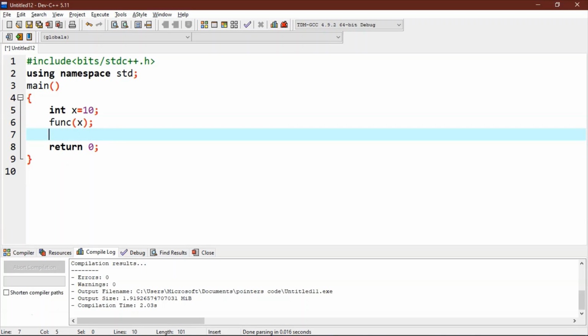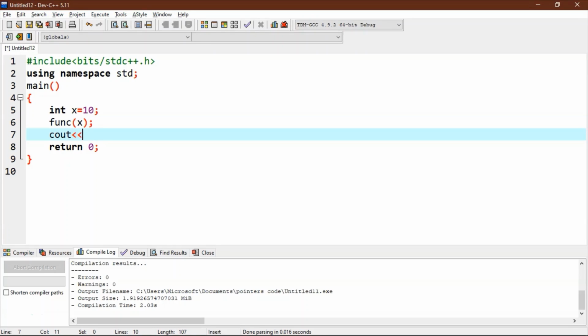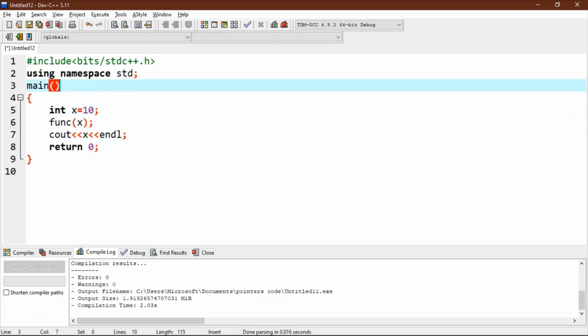Next, we will write a print statement to check if any changes happened due to the function. Now, let's write the definition for this function.